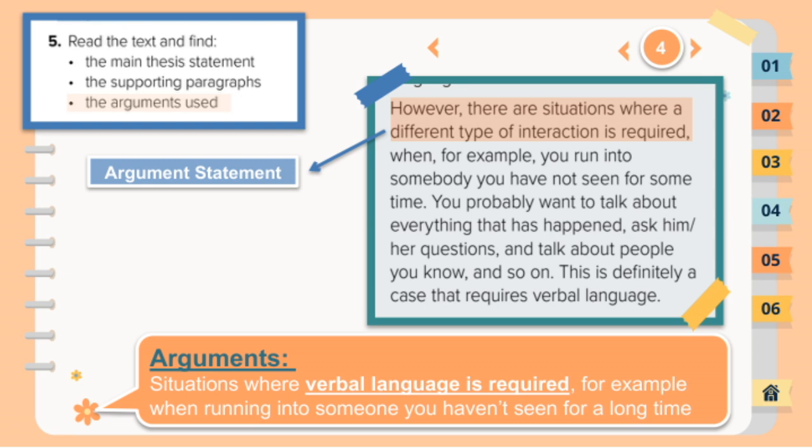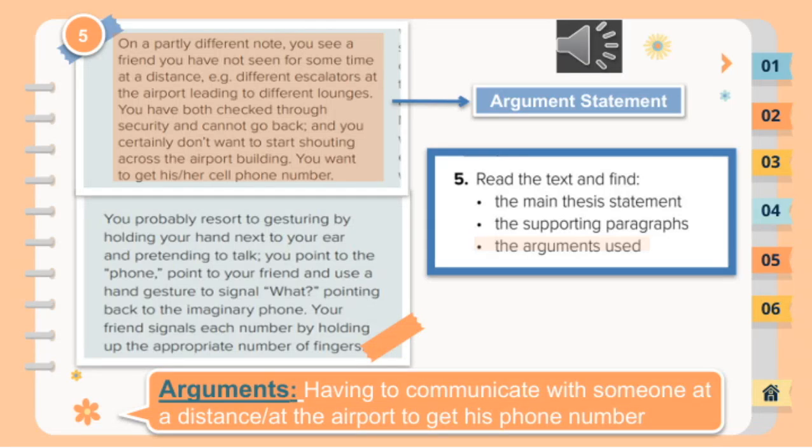Alright, so on this slide, we're looking at a specific argument statement. The main idea here is about the challenge of having to communicate with someone from a distance, like at the airport, in order to get their phone number. This situation highlights how sometimes, even simple tasks like exchanging contact information can become complicated when we're physically apart or